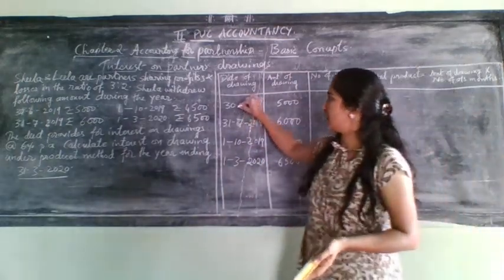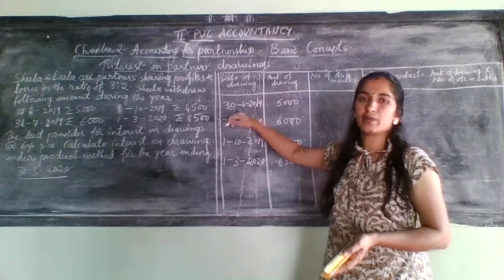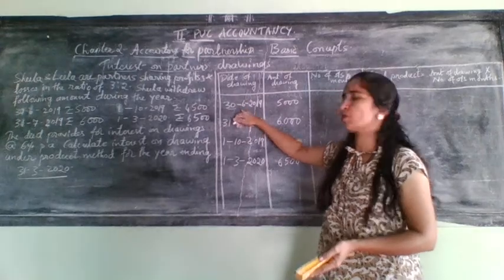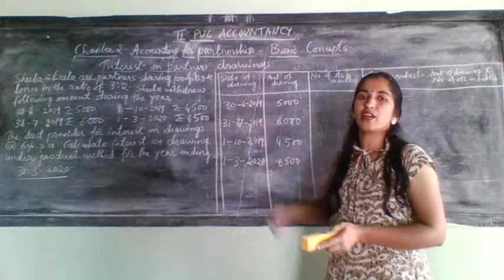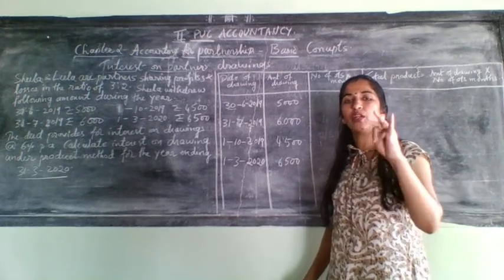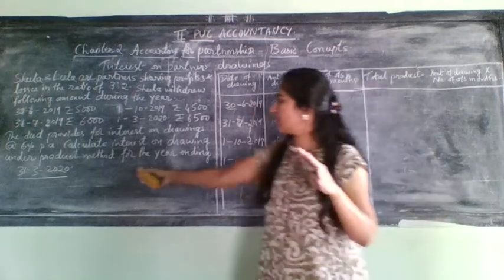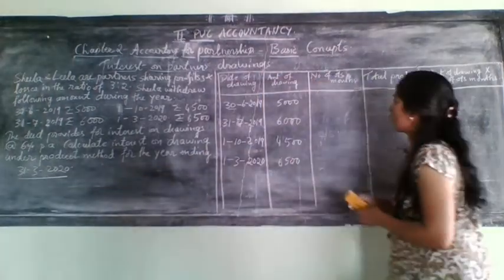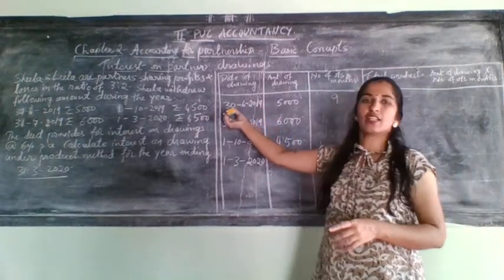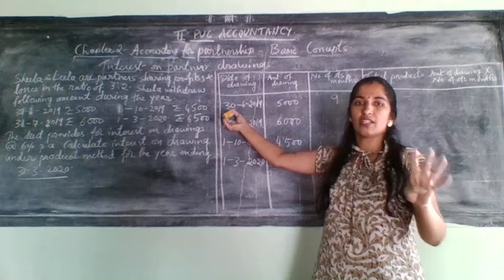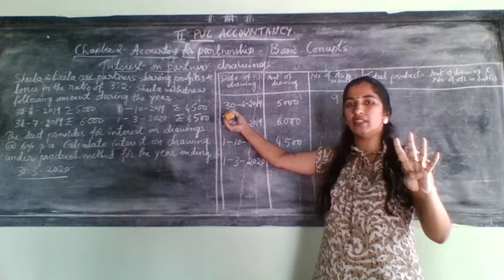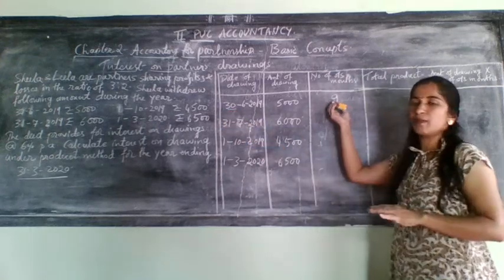It will start. Check the date. 30th/6. 30th means the last day of that month. That's why we need to exclude this month. Exclude which month? 6th month. Start from which month now? 7th. 7, 8, 9, 10, 11, 12, then 1, 2 and 3, because the year ending date is 31st/3. So total outstanding months will become 9. 6 we should exclude because this is the last day of that month. 6 will go. 7, 8, 9, 10, 11, 12, 1, 2 and 3. So outstanding months will become 9.